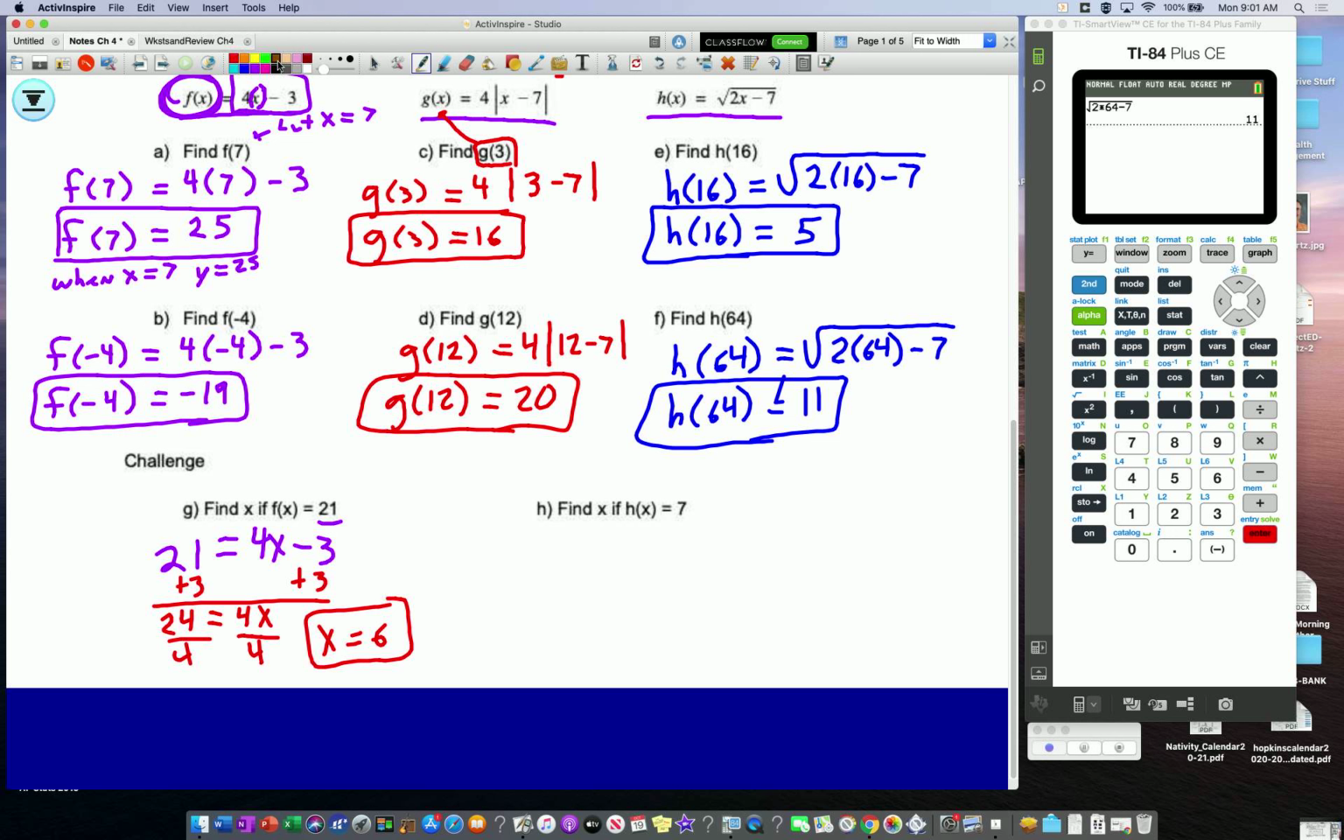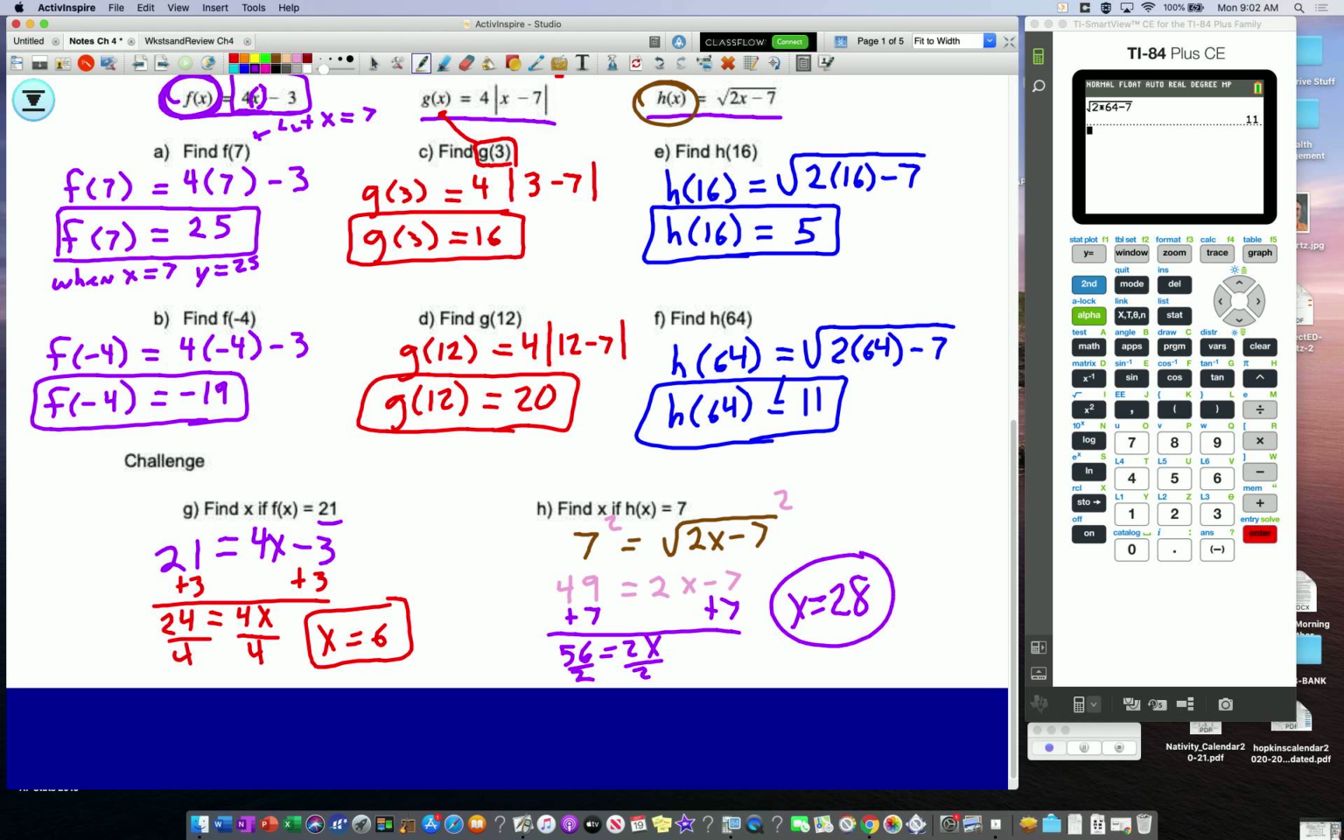All right, I'll try the second one. It says find x if h of x equals 7. So I'm going to replace the h of x with 7. So I'm saying 7 equals the square root of 2x minus 7. So on this one, to get rid of the square root, I square both sides. I get 49 equals 2x minus 7. So now, inverse operations, add 7, add 7. So 56 equals 2x. Divide by 2, and x equals